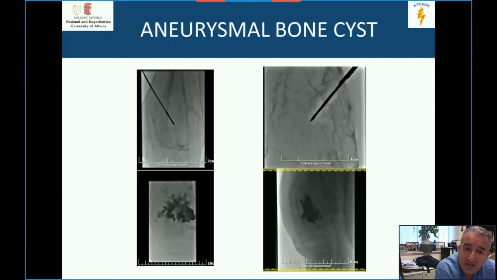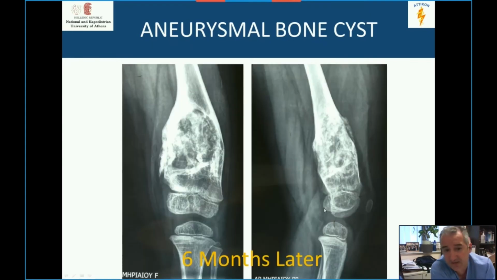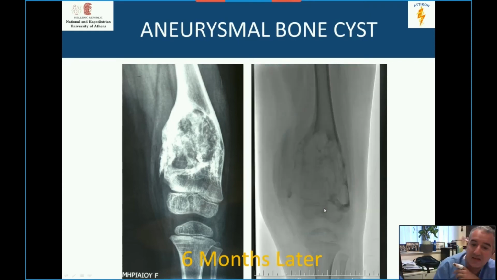So we went for a second attempt. Here we used microwave ablation. You can see the antenna inside the aneurysmal bone cyst, once again followed by injection of pyrophosphate cement. 6 months later, this is the X-ray of the child. You can see we started from here, we ended up here. I do agree that this is not a good looking result, but the child is functional, it can run, it can play